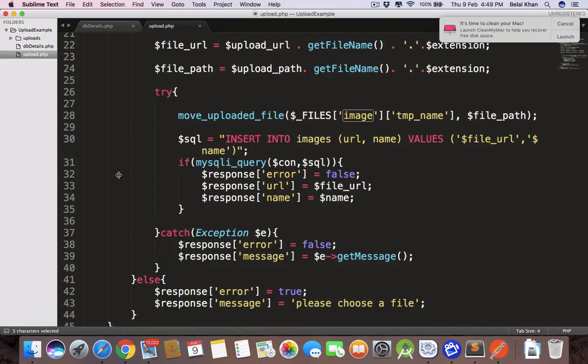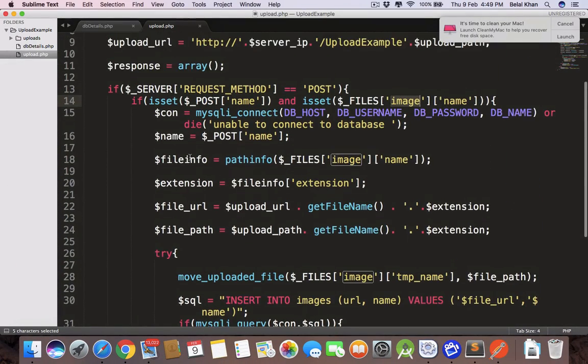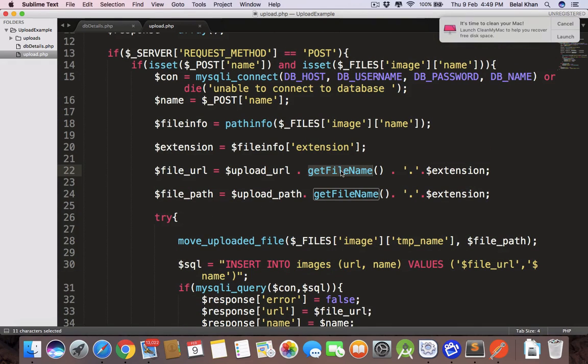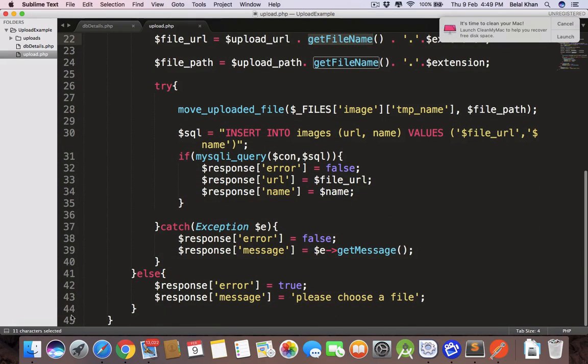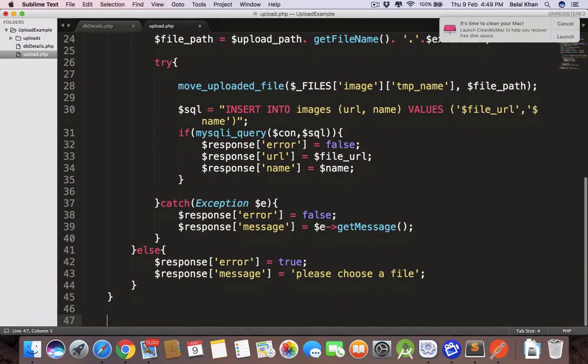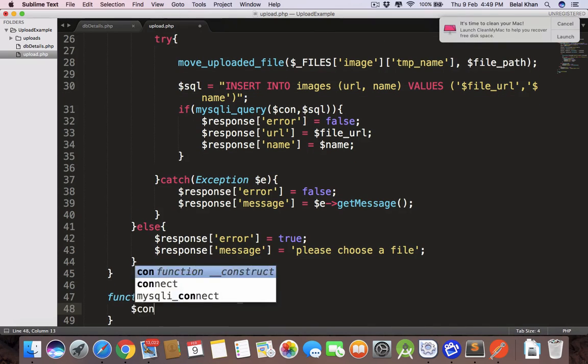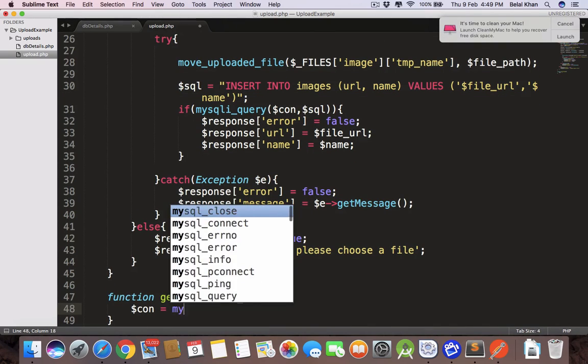Oops, one thing I just forgot. We have not created this function, this get file name function. So we have to create this, or else it will generate an error that method does not exist. So come below and create a function get file name, and again you need to connect with the database, mysqli_connect,